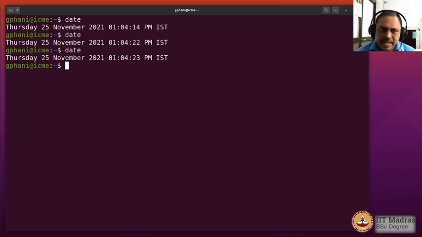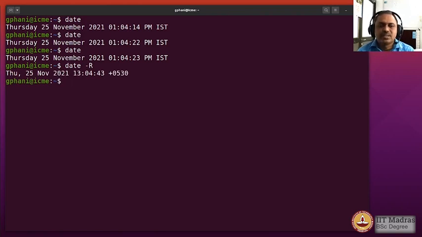Now obviously this time need not be accurate, because it depends upon what you have configured, and you can also change it. We will learn how to do that at some point later. We could also have the output of the date command in multiple manners. So if you give it the command option minus capital R, it would give you the output in the format called RFC 5322 standard. This is a standard that is used for email communications, and if you want, you could also display the output in many other formats.